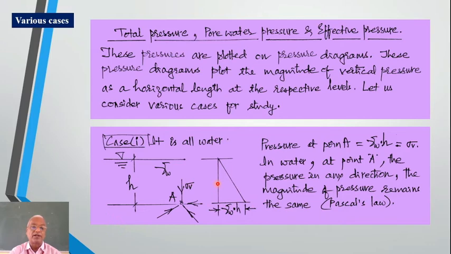And then the pressure diagram, if you want to draw, look here, it will be gamma w H here, and if you are at a slightly lower level, let us say z distance, then it will be gamma w z, right? So it depends upon the depth with a power of 1. Because of that, it is a straight line variation, or it is hydrostatic pressure distribution. It is exactly similar to hydrostatic pressure distribution. Okay, this is all water.